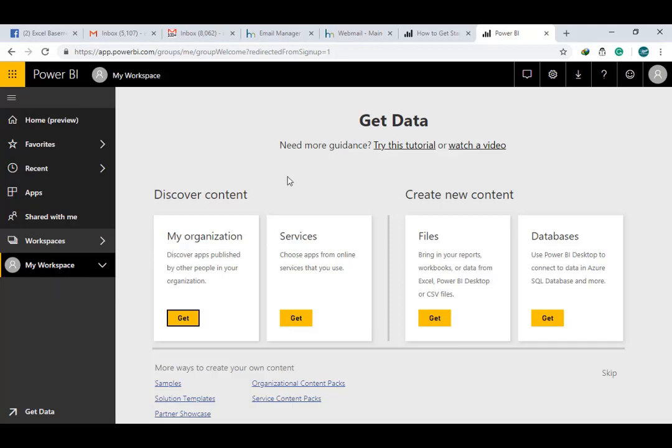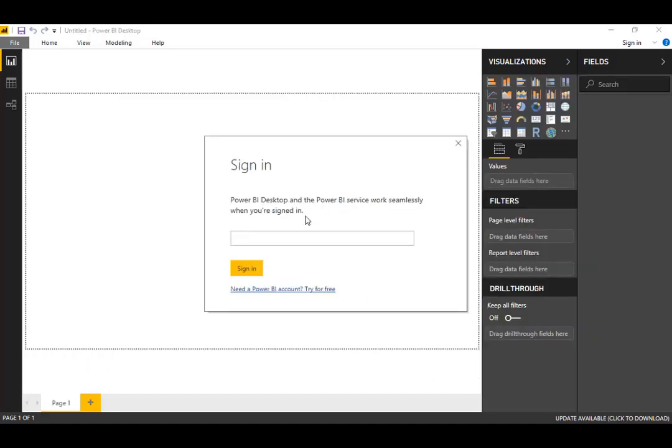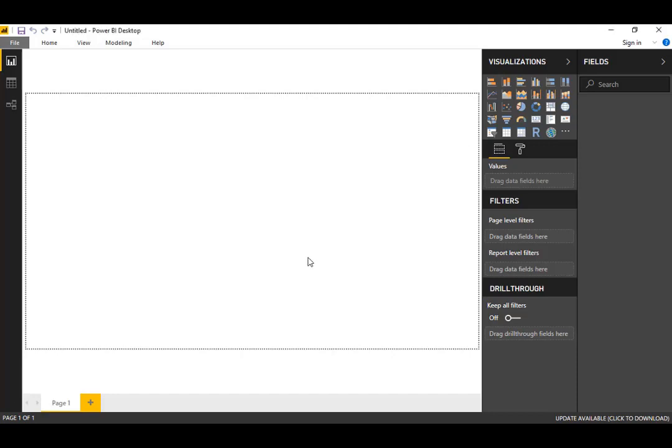From here I can also view and share my Power BI dashboard with other employees within my organization very safely and securely. Just open my desktop version here. When you open the desktop version, you need to sign in first. So here it says that your email is required, which is the Power BI email I just created for testing purposes for you at powerbi@excelbasement.org. Click on sign in.